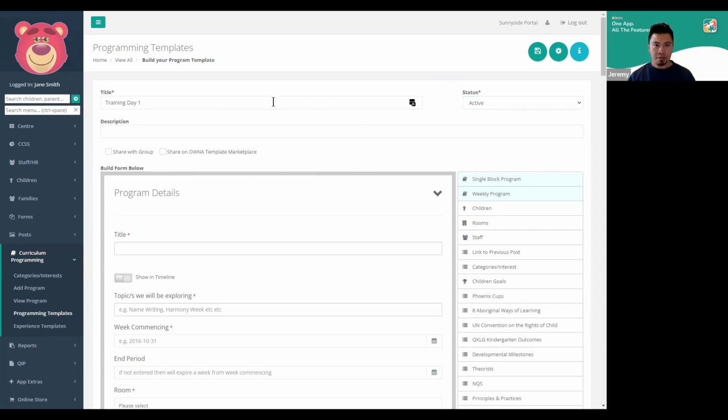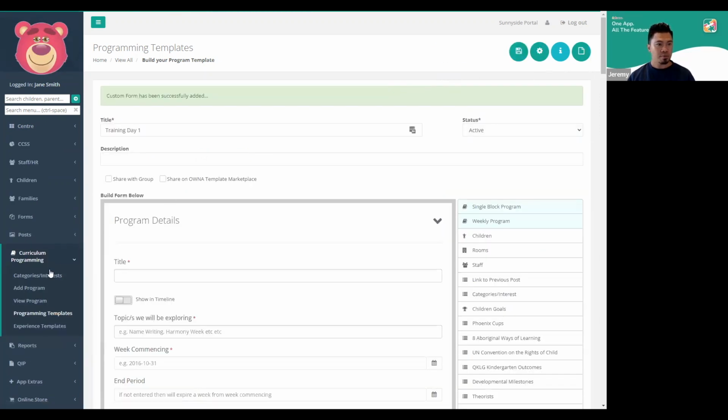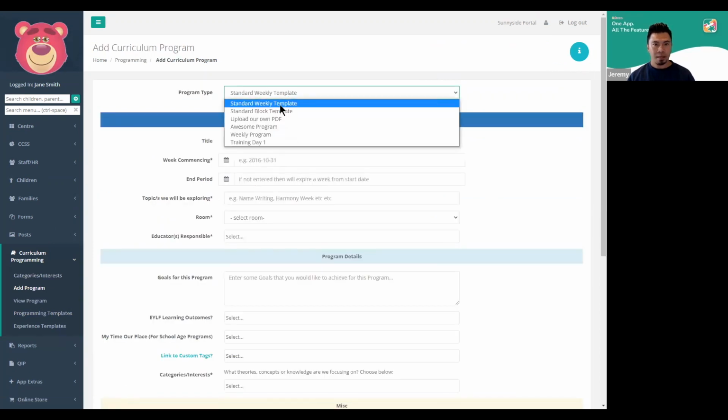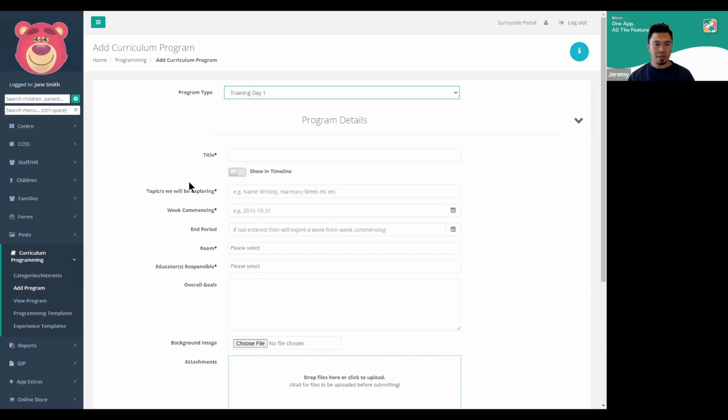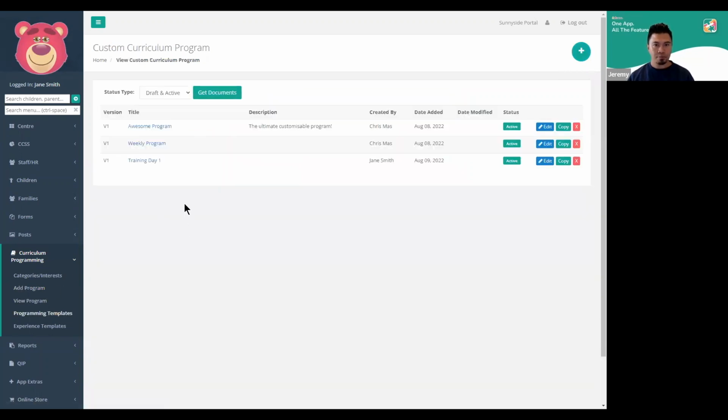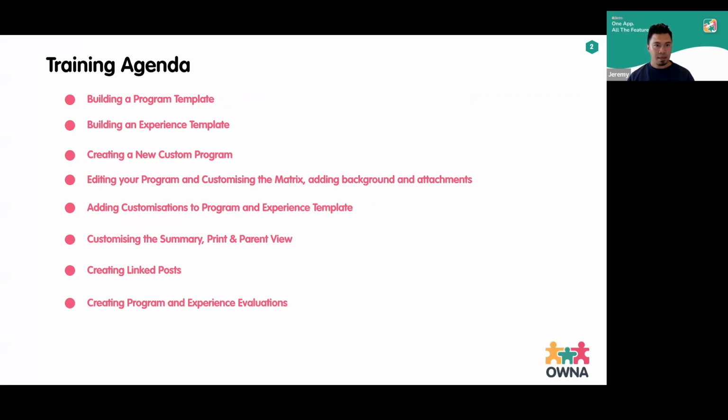So now that I've created a training day one and marked it as active and hit save, I should be able to view our add a program, and it should appear in here as training day one. Okay, so the first step in here of creating a programming template is pretty straightforward. And in order for you to